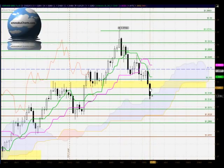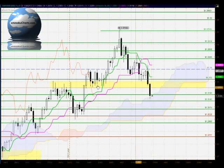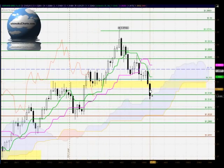Importantly, the market took out this zone, highlighted yellow, of previous resistance and support, and that was a very, very important level for this market. And the bearish manner in which it took it out suggests that the sellers are very, very firmly in control of this market at the moment. I was expecting that the market may have tested down through there, and we may have seen some buying coming in, as we have seen, but now that area has been blown away in a major way by the sellers